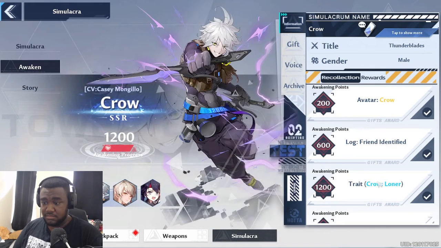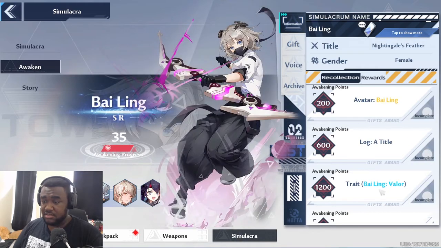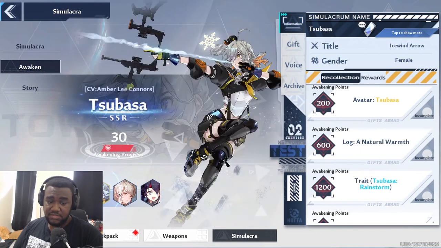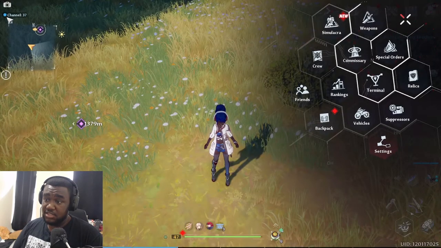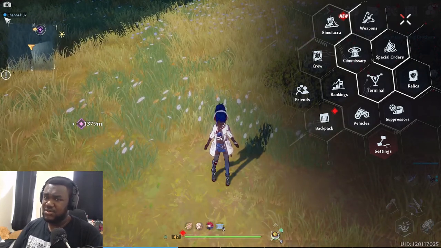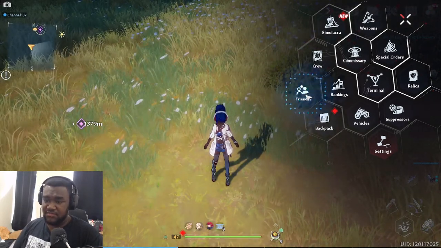Not just King, other things like Crow 2. When we're not in a party, you do more damage and you receive less damage. She just has increased jet boarding speed, movement speed in general. Subasa, strike stacks, fear strike that stack. You could just go through and check out all of their traits. Their traits are really important, especially later on down the line when you're running parties and you're starting to get familiar with everything, and it gets to the point where you gotta crunch those numbers to really get the damage you're looking for. And there's friends